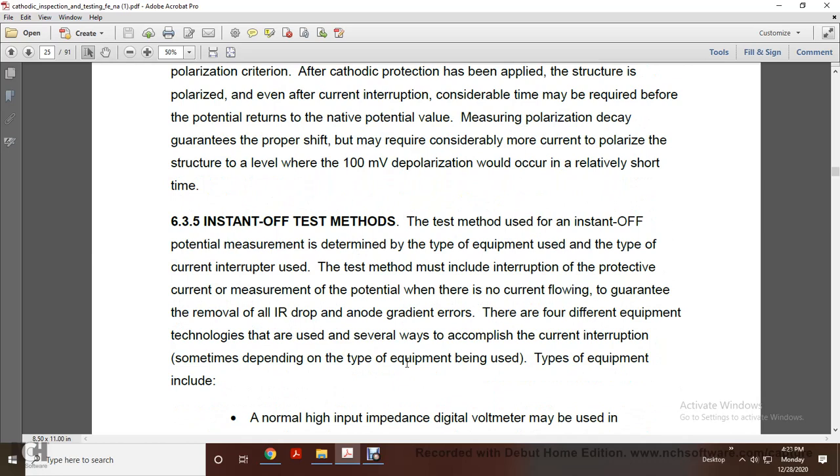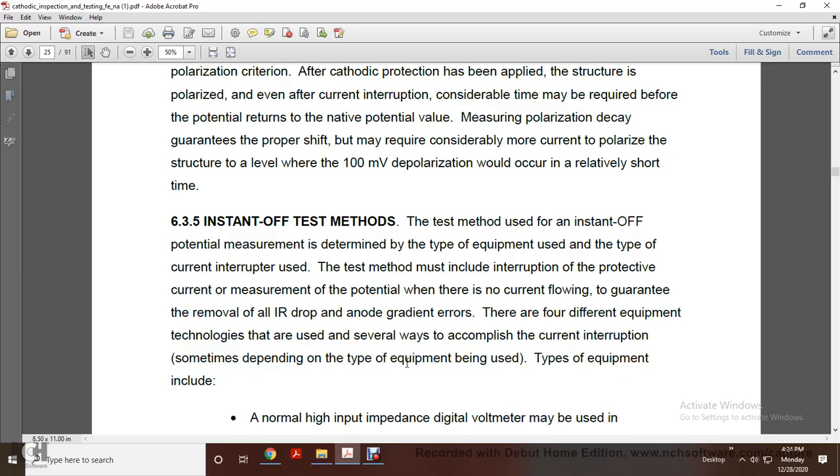Alright, 635, instant off test method. The test method of the instant off potential measurement depends on the type of the equipment, with the type of the current interrupter. The test method includes the interrupter with the protective current measurement of the potential with no current flowing, with a guarantee of all the relative amperage,